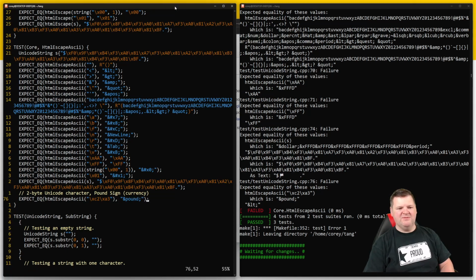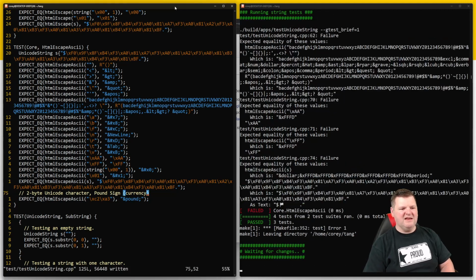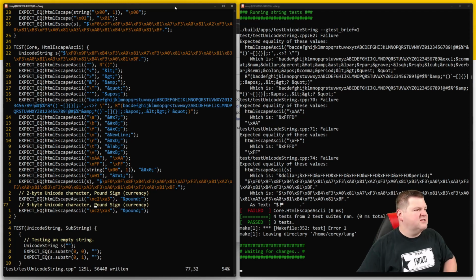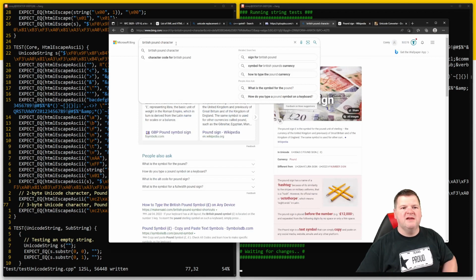Pound. There we go. Now that one's going to pass since I'm saving it. Let's do the same thing and get a 3-byte. And I happen to know of a 3-byte one. I just have to look it up. Where is the browser window again? And this is the, let's say,